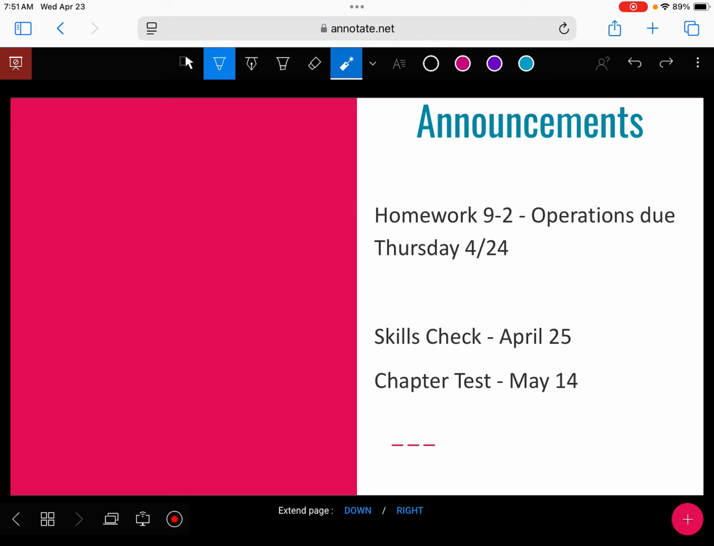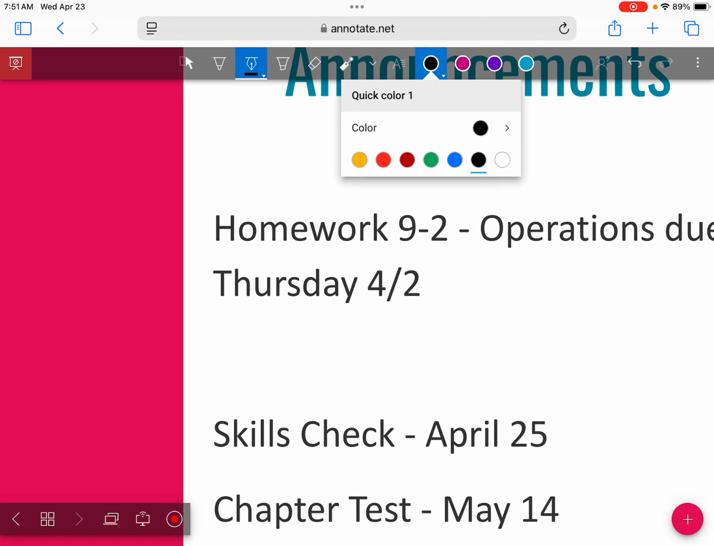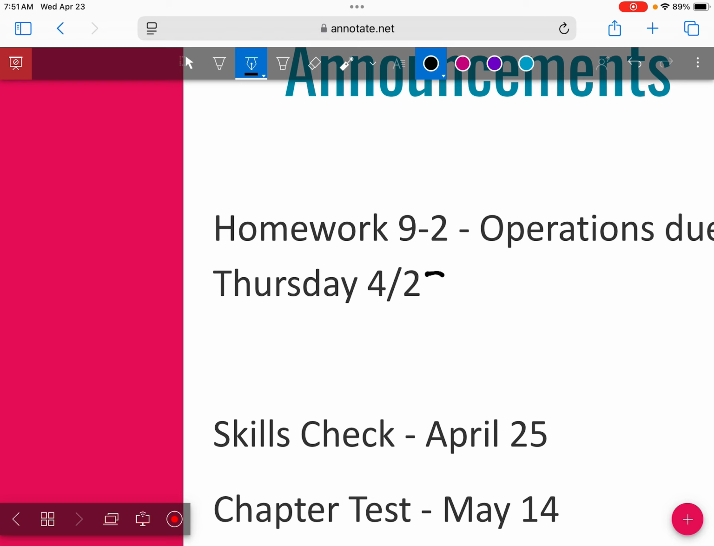Yep. So the operations homework is going to be due on Friday because we didn't actually do any subtraction today. So it'll be due on Friday, but we'll talk through some questions tomorrow if you've got them because we have a skills check coming up on Friday. So once we get through our examples tomorrow, we'll be able to see if we have any questions on